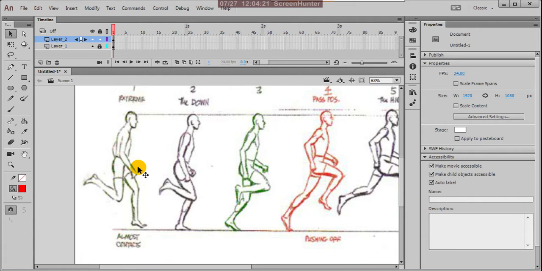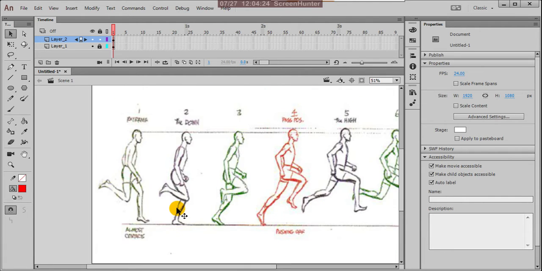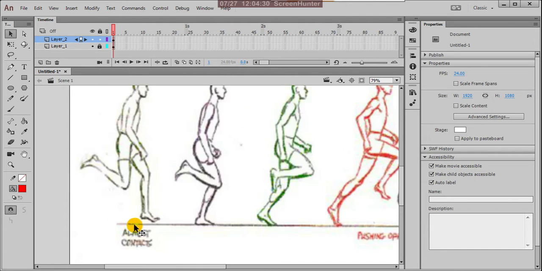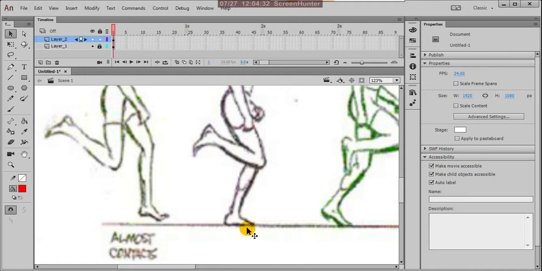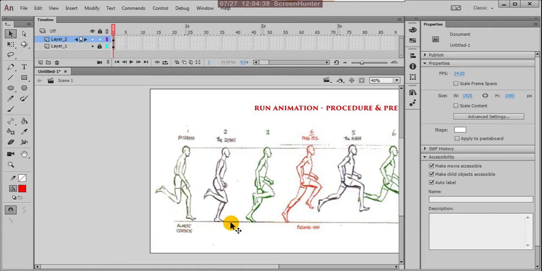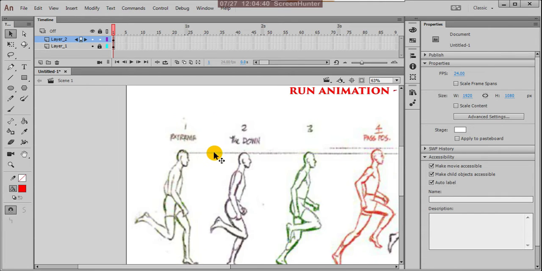If you observe, there are two lines, above and below. One line is touching the feet, and the other is for the head, the character's height position.